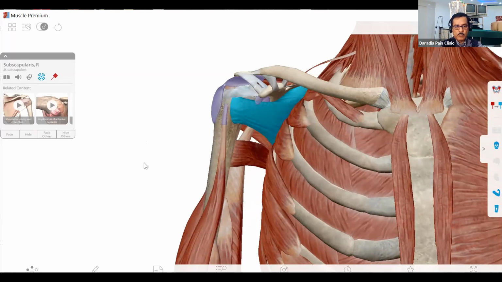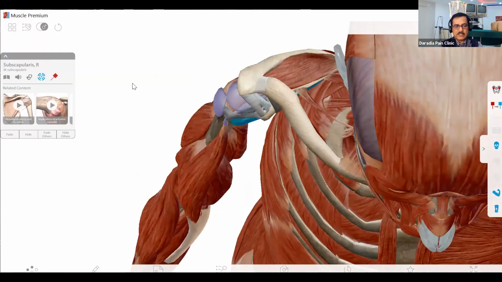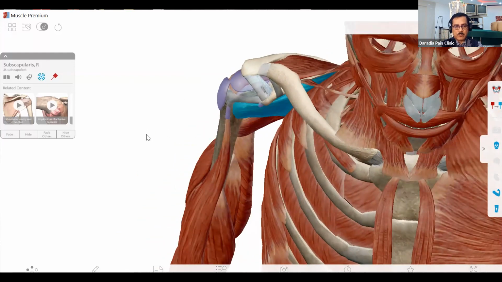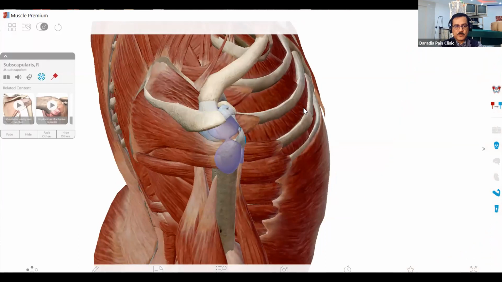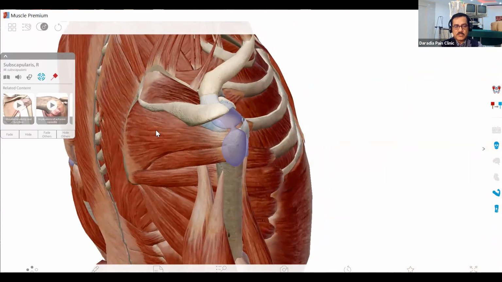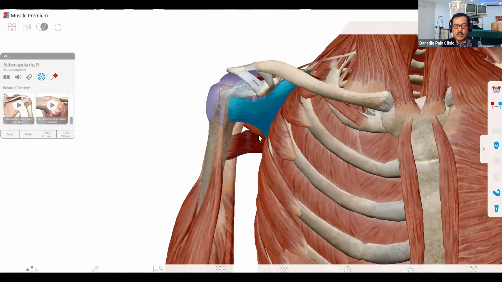So anteriorly you have the subscapularis. Now if you are looking from the top, we will remember it like this. Anteriorly you have the subscapularis. From the top we have the supraspinatus, and from the posterior we have 2: one is infraspinatus, another is your teres minor. And also you should know the nerve supply and the root value of these nerves as well.